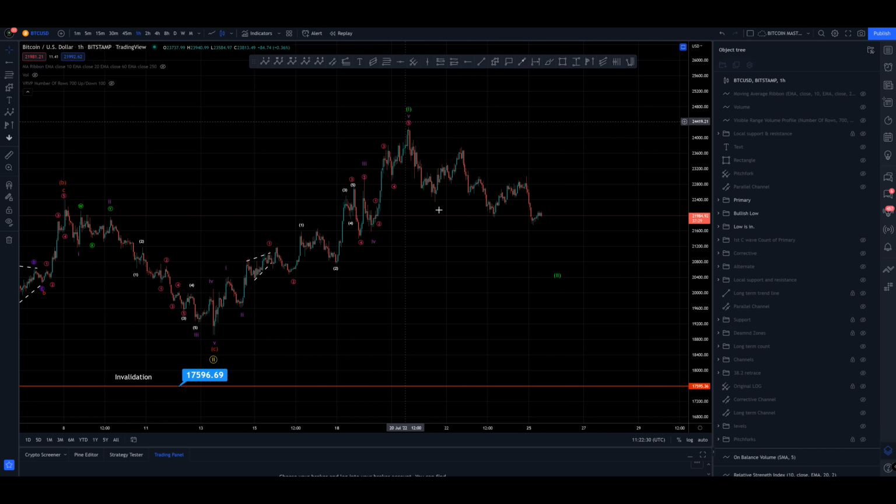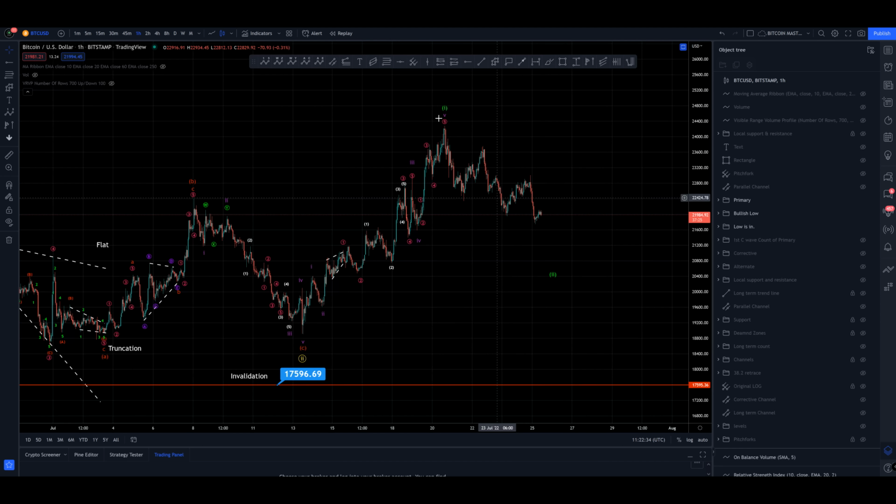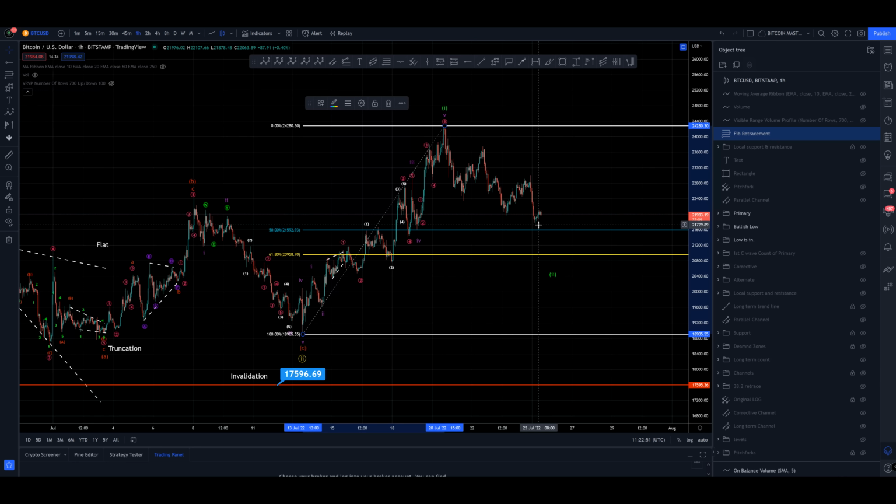From there, well, it just doesn't matter what this is at the moment, does it? Likely another double zigzag structure. We do have a diagonal idea for this as well, which I'll show you in a minute for the alternate count. But what we're looking for here now is some kind of meaningful retracement. At the moment we're closing in on the 50. Okay, here's the golden ratio back here.